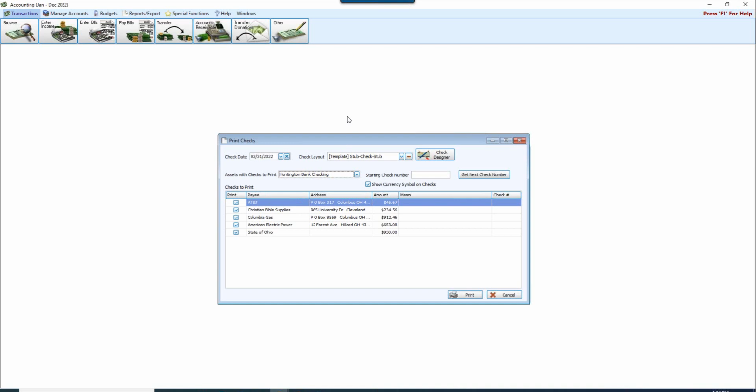So there are several things here that we're going to focus on, primarily on this page. There's a few things we need to focus on. Check date: the date on the check is going to default to today's date. But if I want that date to print on my checks with a different date, I simply have to change